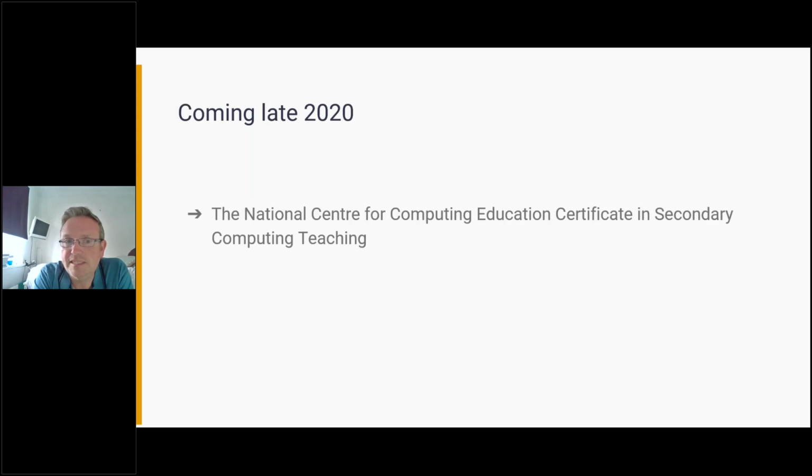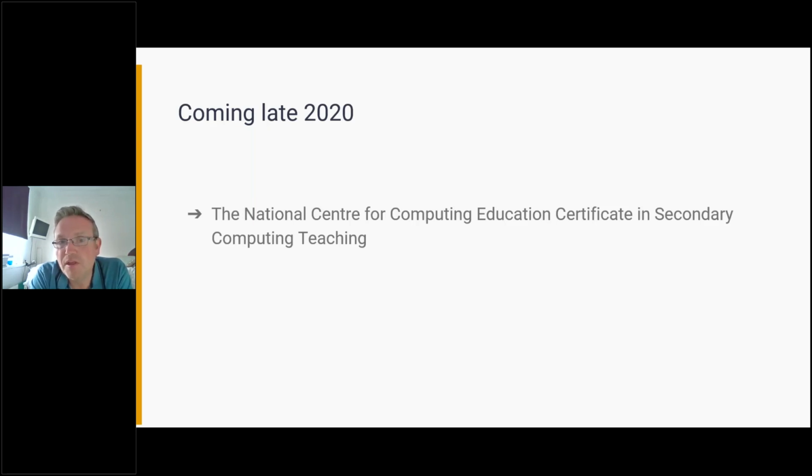But it also allows you to attend courses that are more around pedagogy. It will celebrate your involvement in the wider community. So for instance, if you support one of your local CAS communities of practice, or you contribute resources, etc., that is something that you can log and will count towards your certificate. So this is something that will be coming later on this year or very early next year. You'll be notified when it does become available, but once you've completed the CS Accelerator, as I say, all of the other CPD will become freely available to you as well.